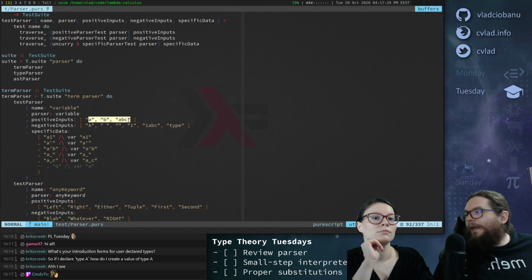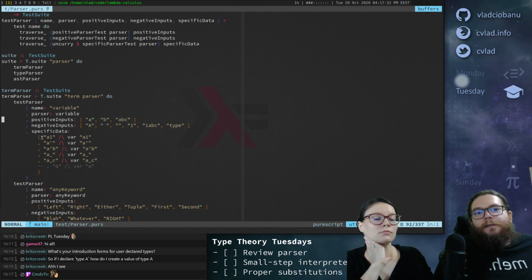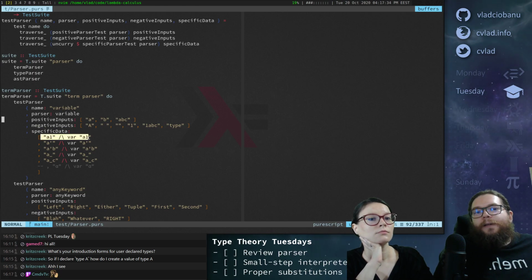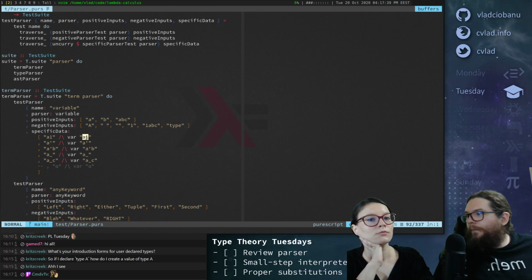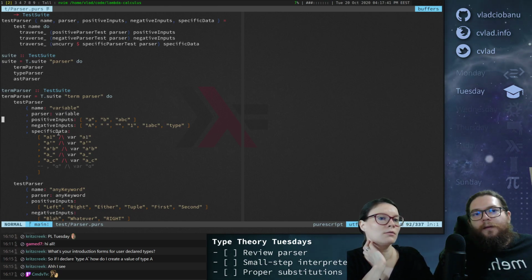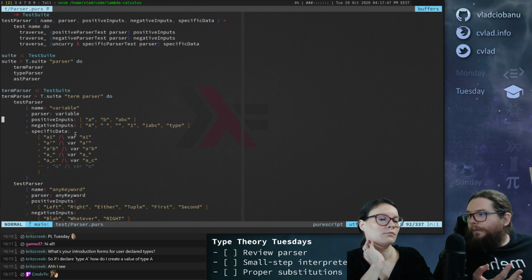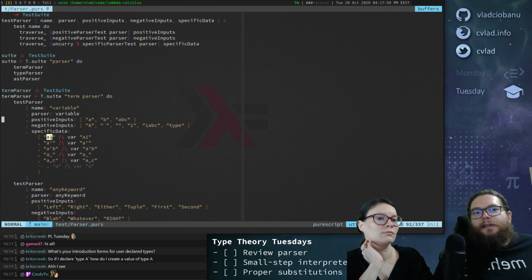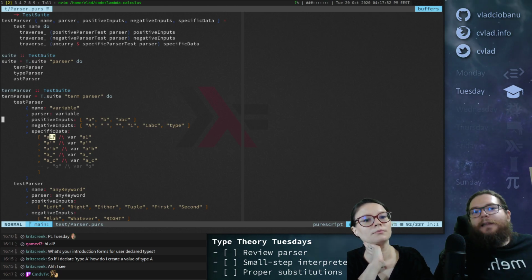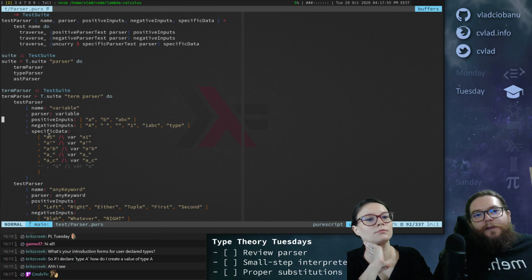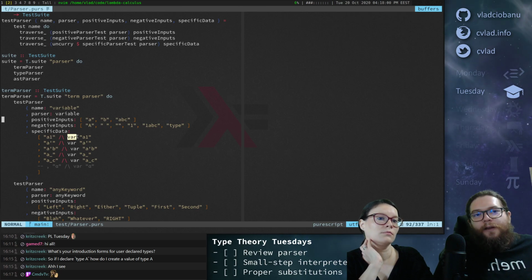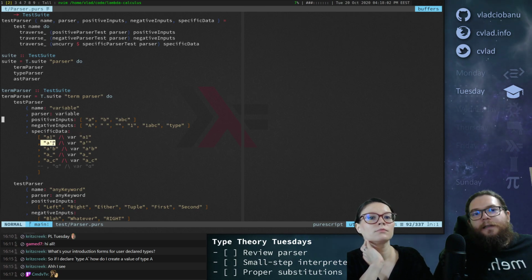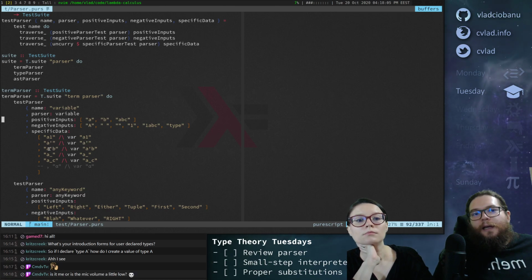But all of these pass, for example. And then this specific data is one where I want this to pass, but I want A1 to specifically parse as a variable A1. Because, for example, if the parser was wrong, it could parse A as a variable and then leave 1 unparsed. I had that bug at some point. So I fixed the code, but then I added this test which makes sure that if A1 parses, it will parse as a variable called A1. Right, and then primes also work.